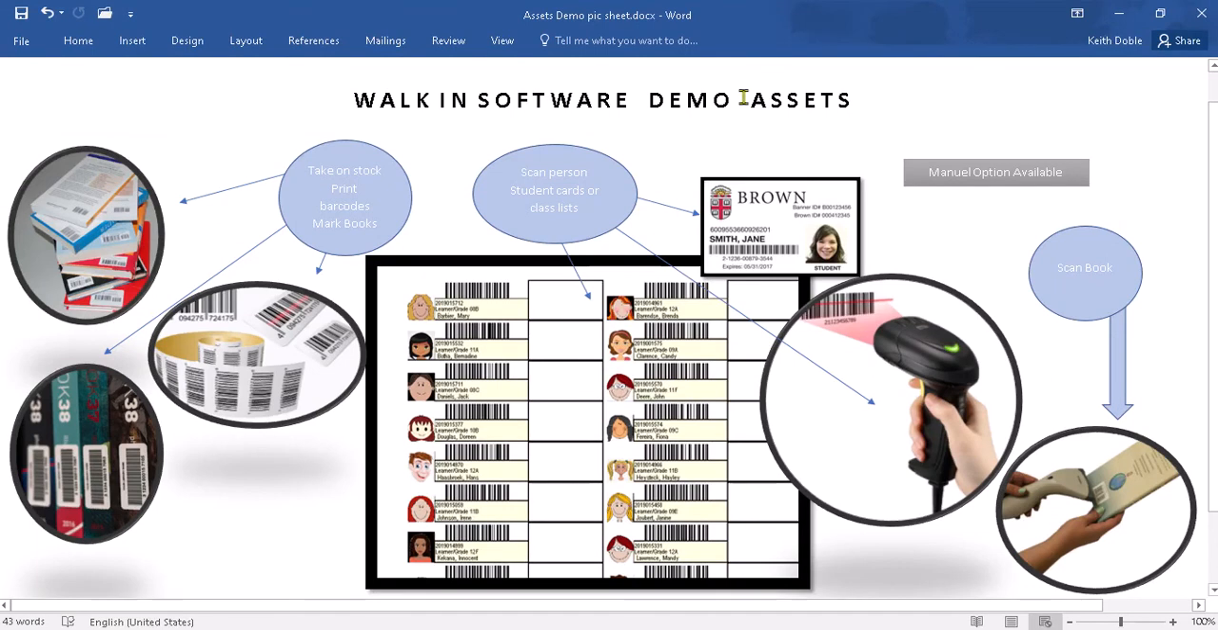This video is a demo of a walk-in software assets. We will have a look at the taking on of stock, the printing of barcode labels, the marking of the actual books or assets. We will then move on to issuing these assets to individuals, either using a manual option